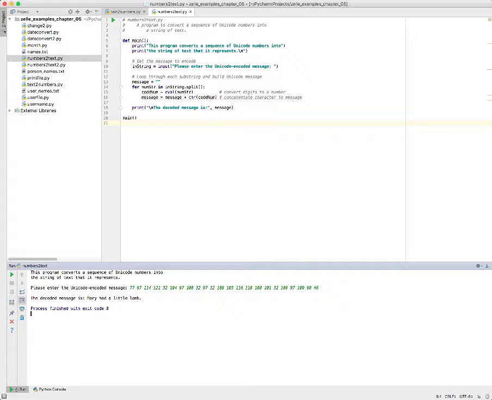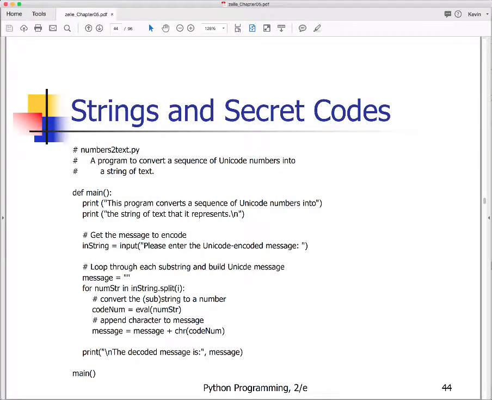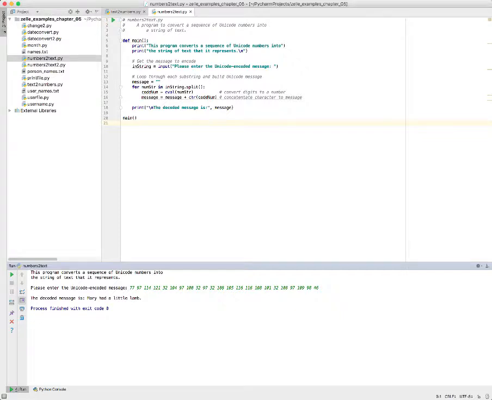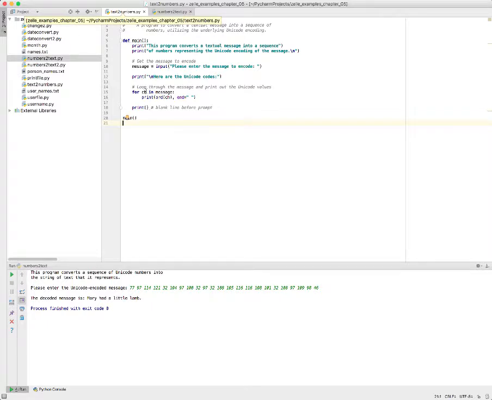Let's pop the slides up. We're on slide 44. So I just did a demonstration of the encoding program called text to numbers and the decoding. So let's do that again, just for grins. I'm going to run the example code from the book called text to numbers,